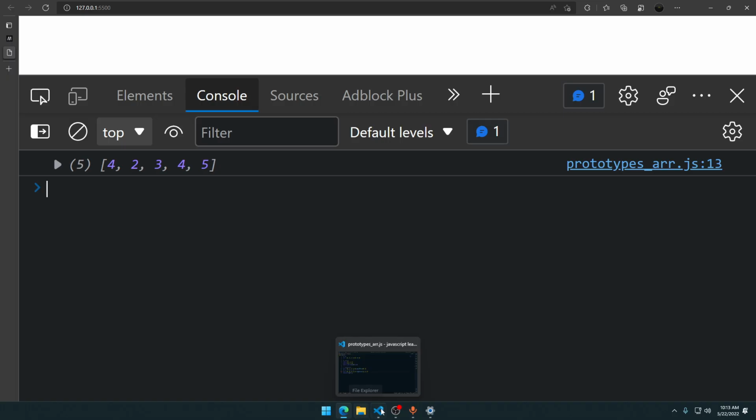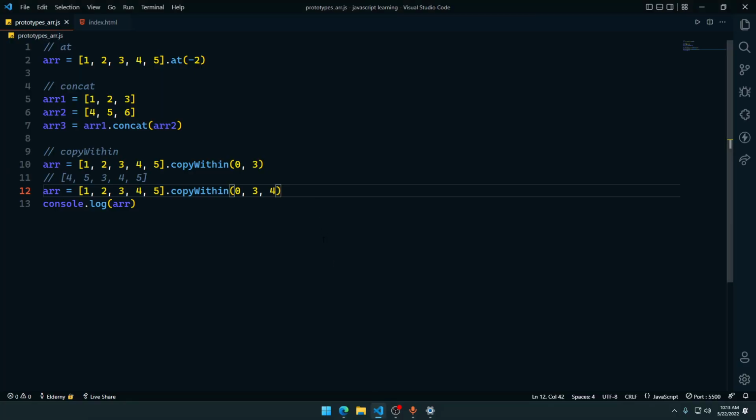So you do get it. It's not as complicated as you might think it is. It's a lot easier. So copyWithin can help you a lot of times. You can make your own way around using this prototype. So yeah, I definitely recommend you check out this prototype. Do use it. It can help you a lot more than you can really imagine. Okay,